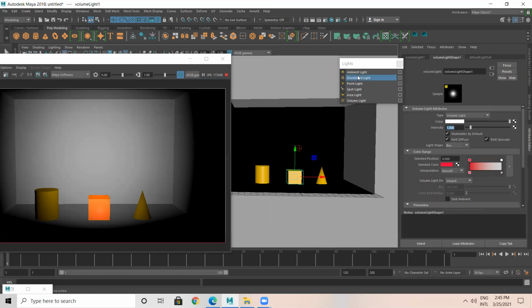So these are the default 6 types of lights in Maya. In Arnold, you have different lights. These are Arnold lights. This is even more advanced lighting. I'll show you Arnold lighting separately. It is equivalent to or better than Pixar and RenderMan. We'll see Arnold lighting separately. Now focus on this Maya light.